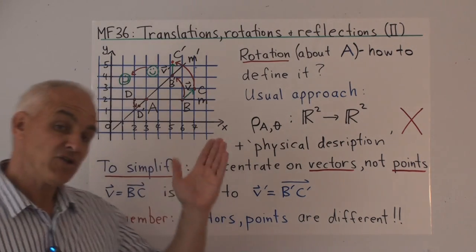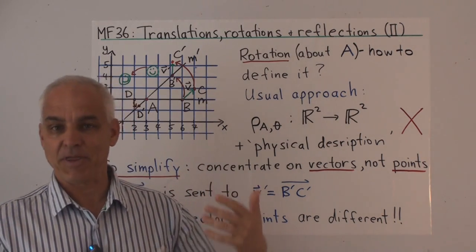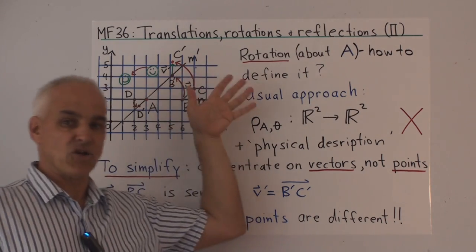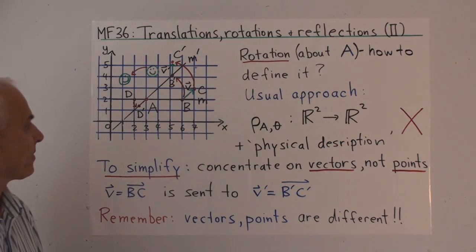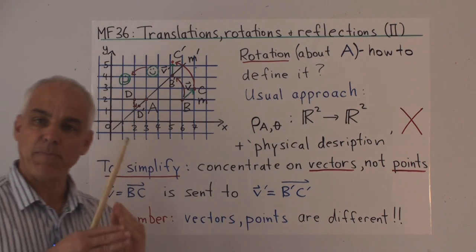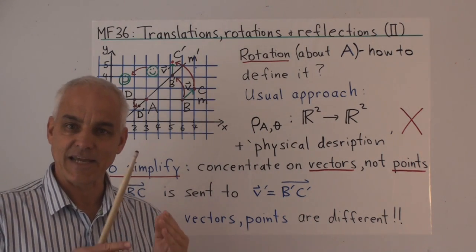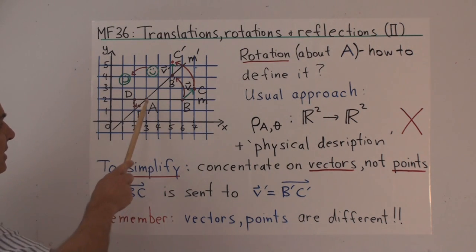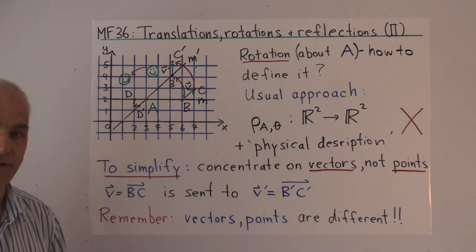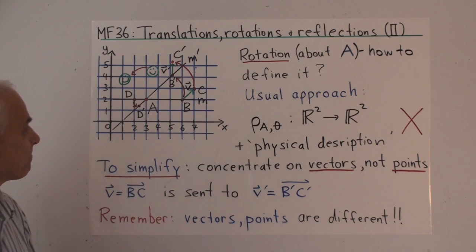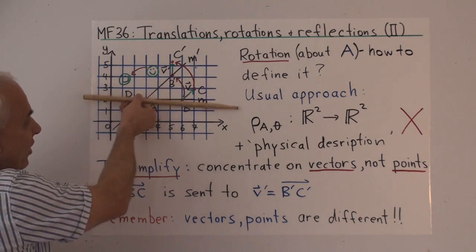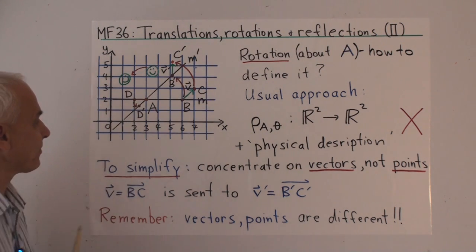So, intuitively, a rotation is something that we're all very familiar with. You get a piece of paper and you rotate, turn it around like this. But what we want to do is peg that down precisely in terms of mathematical concepts. So here's an example of a rotation about this point A. We're working in the grid plane. So there's a rotation that moves the line M to the line M prime.